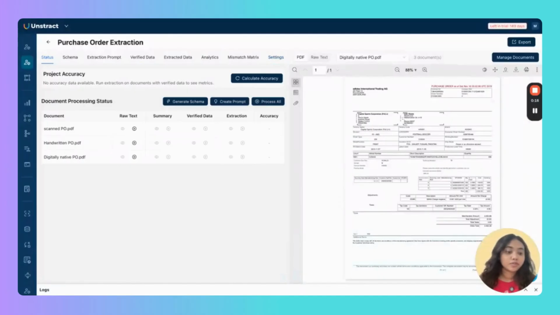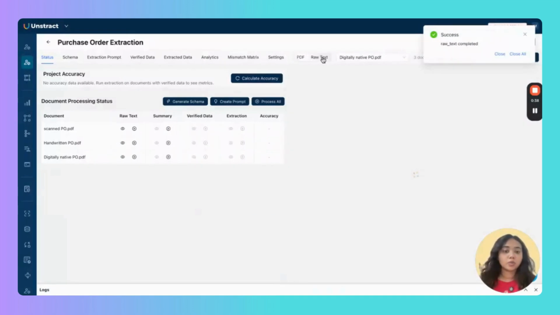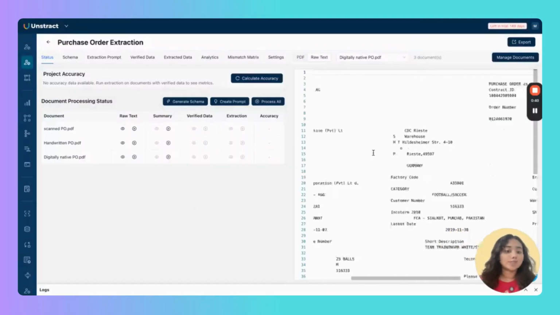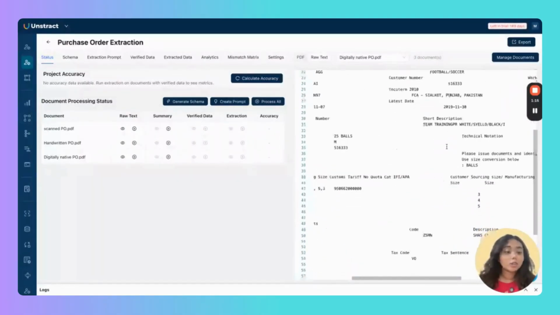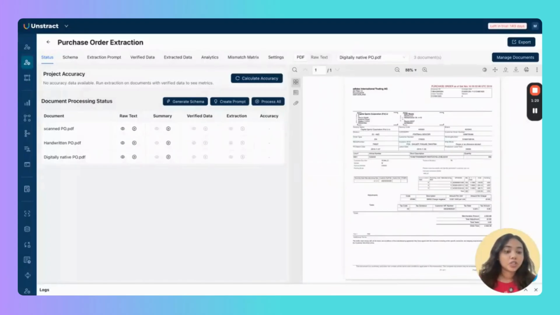And now let's perform the first function, that is extracting the raw text from these documents and creating it in a format that is LLM ready. So this is basically where we deploy the text extractor connector, or in this case LLM Whisperer, which runs on all these uploaded documents and extracts the text in a layout preserved format. So if I go into the raw text over here, this is basically how the text is extracted. And the layout is also preserved because LLMs understand the context of documents very much like humans do.